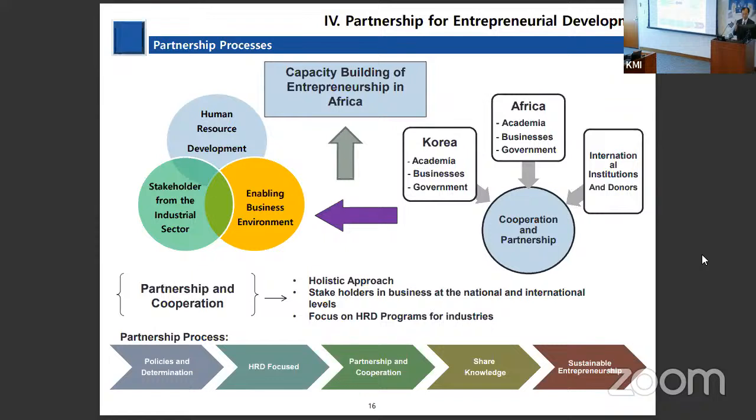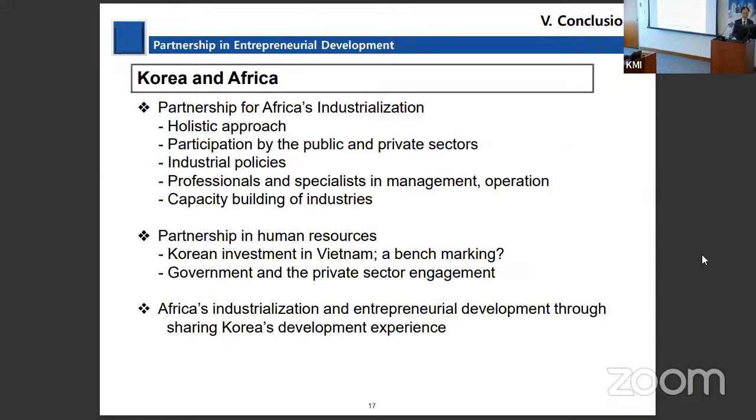And whenever you have a business, you need to have sustainable entrepreneurship. If your business fails within 2-3 years, then there is no chance for any country to develop. What should you do? You have to sustain, and there are other processes. I think I exceeded the 3 more minutes, so if I just conclude that, Africa, even yesterday, one presenter talked